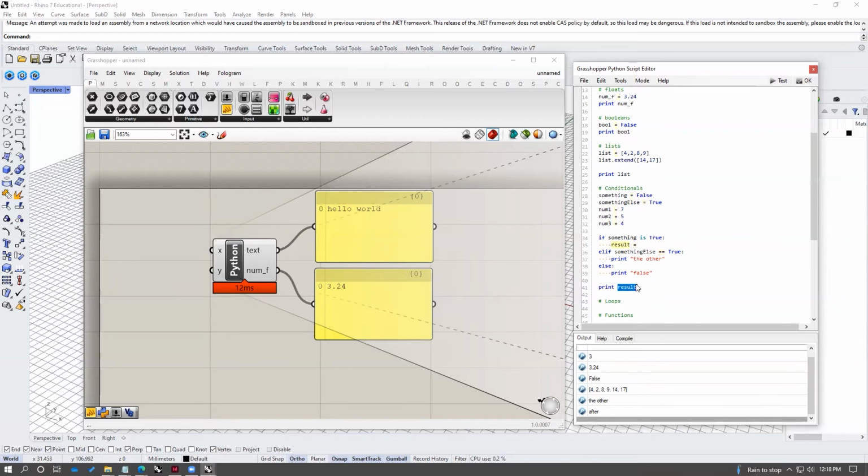We don't need to actually declare it equal to anything. So if it's true, we're going to say result equals num1 plus num2. If something else equals true, we're going to say result equals num1 divided by num2. And else, so that would be if both of those are false, then result is going to equal num1 plus num2. And similar to mathematics, if we keep that in parentheses, it'll perform that addition first,